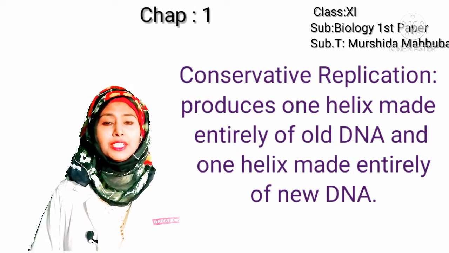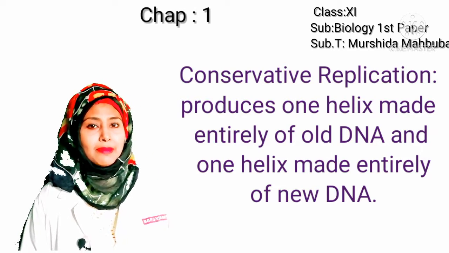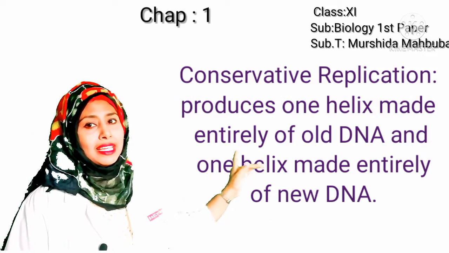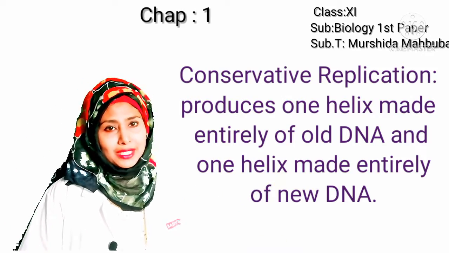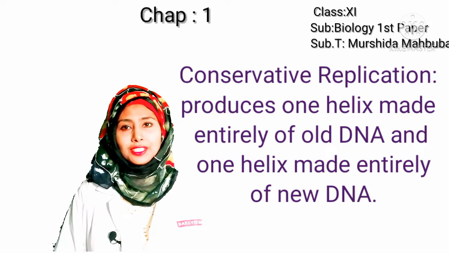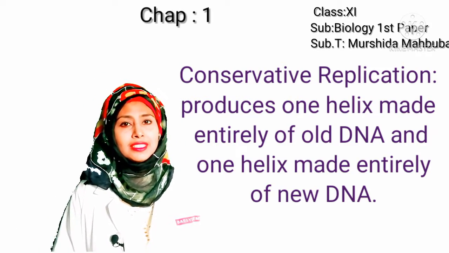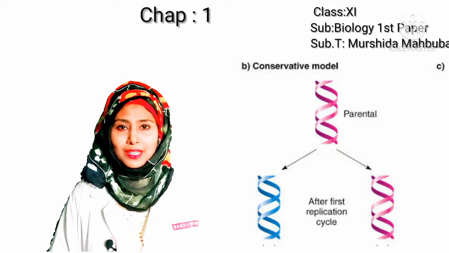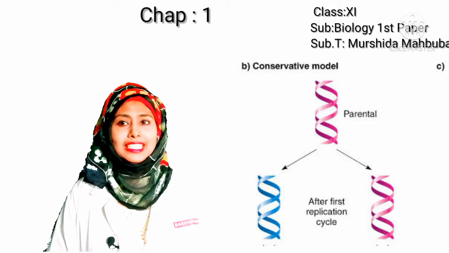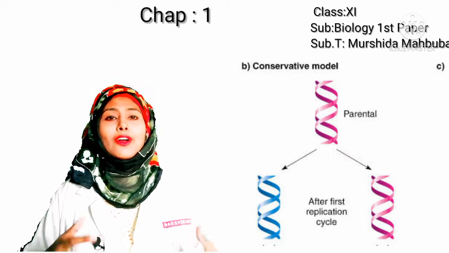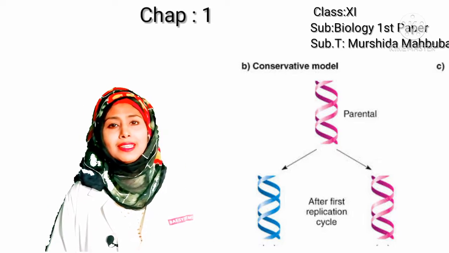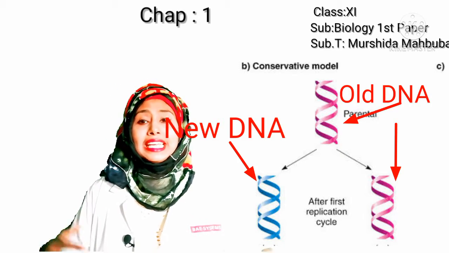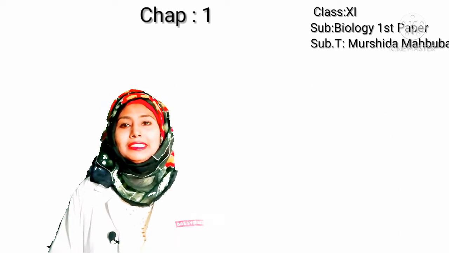Conservative replication produces one helix made entirely of old and one helix made entirely of new DNA. According to this model, the entire original DNA double helix acts as a template for a new DNA double helix, such that each DNA produces a completely new DNA double helix and another with a completely intact old DNA. Then